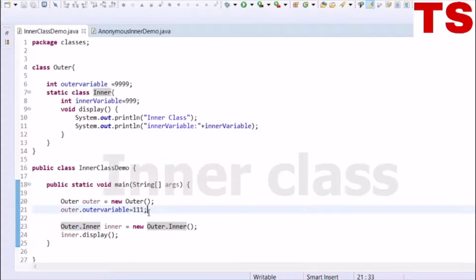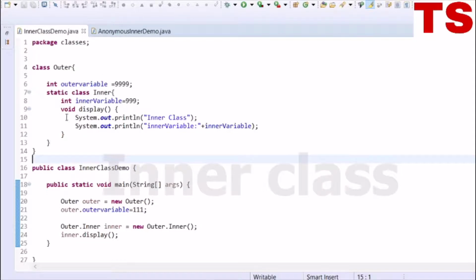In a similar manner, the static member of a class can be accessed using the class name dot the name of the inner class. Now let's try to run the program.